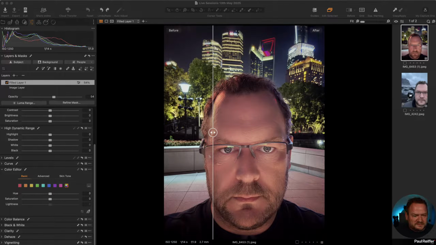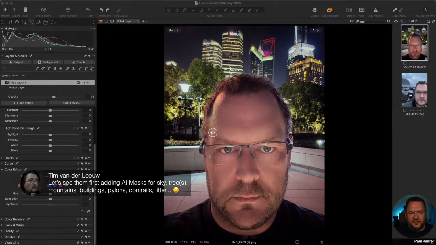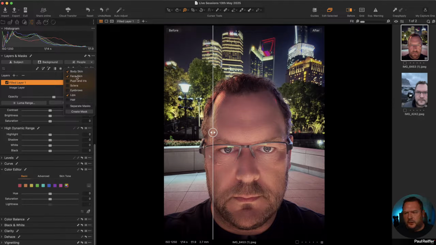Right. Tim, good point. Let's see them first adding AI masks for skies, trees, mountains, buildings, pylons, contrails, and litter. Yep, I would like to see that. However, what's also interesting, if you think about it, the people masks. We now have lots and lots of people masks that we can choose from, right? 1, 2, 3, 4, 5, 6, 7 on separate masks, which means that in current Capture One, before I've even started, if I wanted to separate out the people mask, and by the way, how this works, if I go to create that as masks,